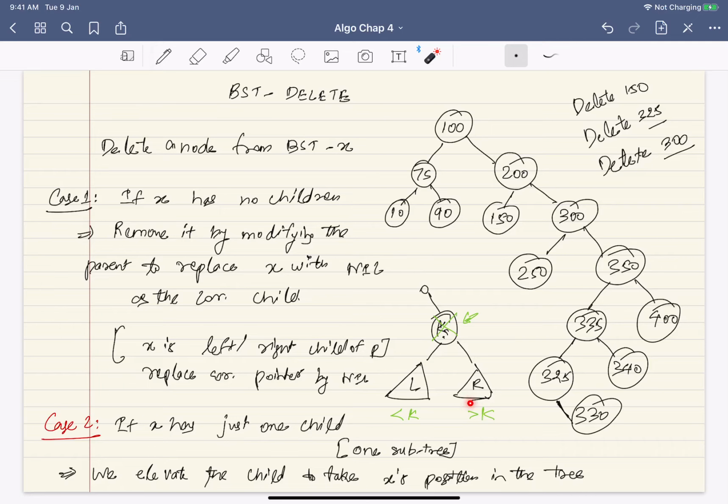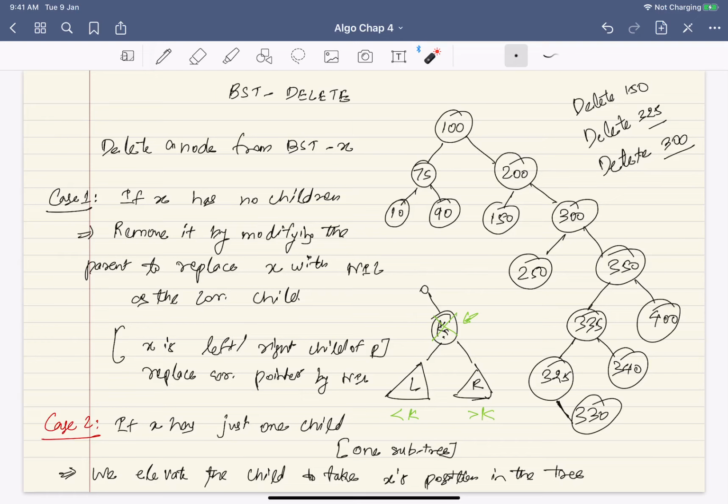Yes. So you see, this will never happen. Why? Because you are finding the successor in the right subtree. That means you have to go till there is no further left child. So the node you stop at will only have a right subtree at most. It can never have a left subtree. So you will never go back to case 3. You will either go back to case 2 or you will go back to case 1.